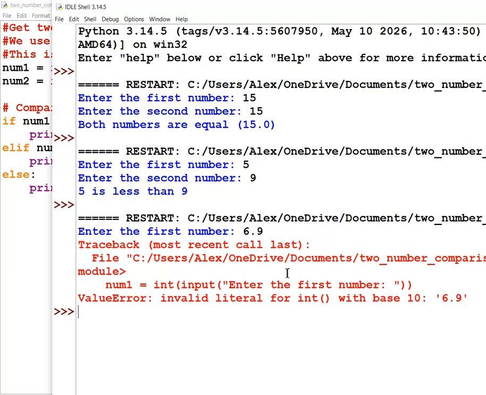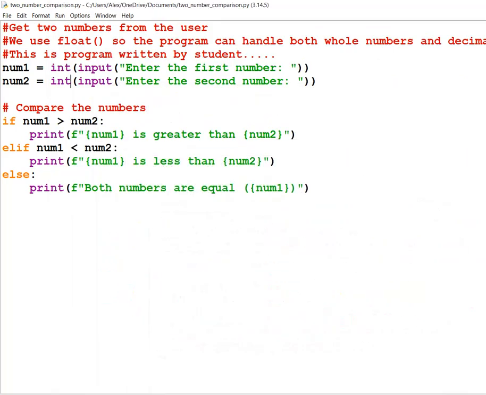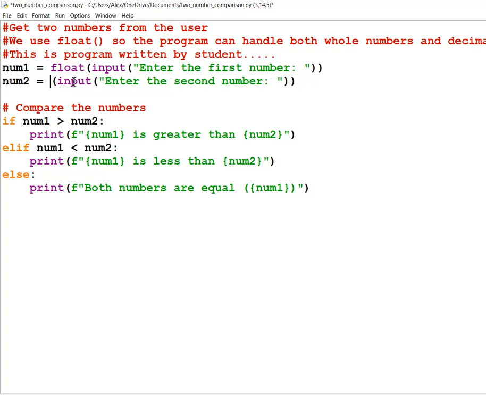Fine. And when you had taken the float value, it was dealing with pure 15, 15.0. After the point, there was nothing. It means it was dealing with pure numbers, so 15 and 16, like this you can compare also. Alright, but if you take it this way, it tells you that you cannot deal with the point value. So this is the mistake once you run your program. Okay, so let it be a float. Float will let you deal with both kinds of values. If your value has a point value or is without a point value, then you can manage it.